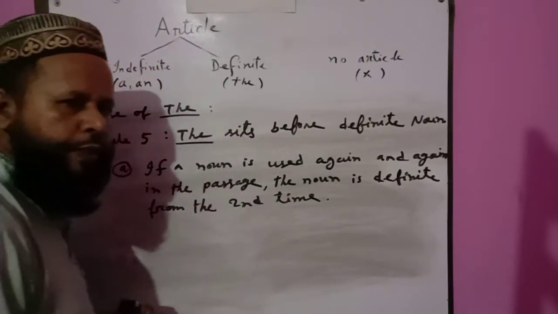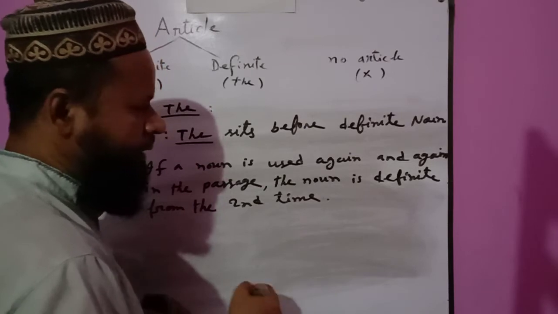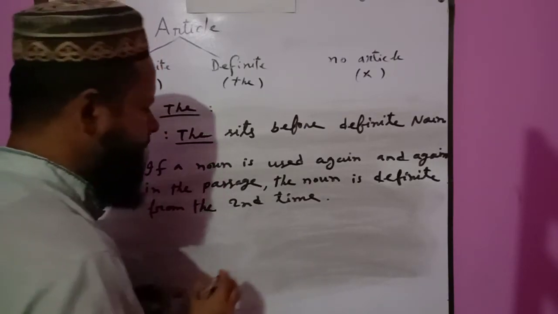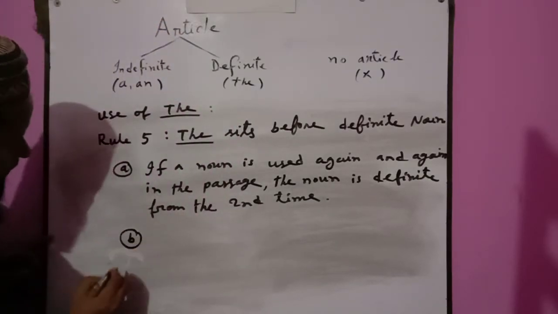The first time it will be indefinite. From second time or third time, the noun is definite if the noun is used again and again in the passage. And number B,